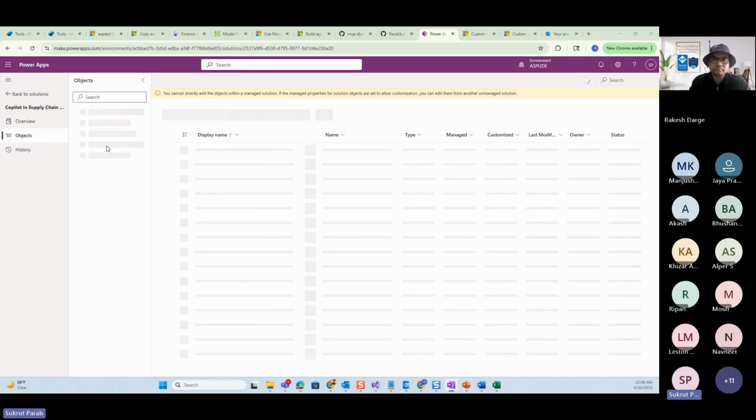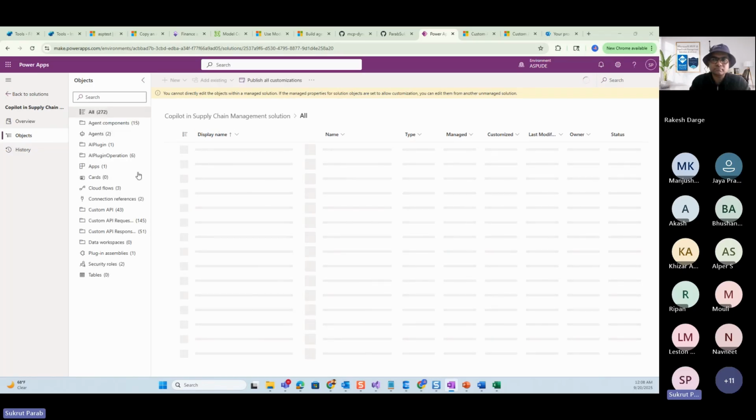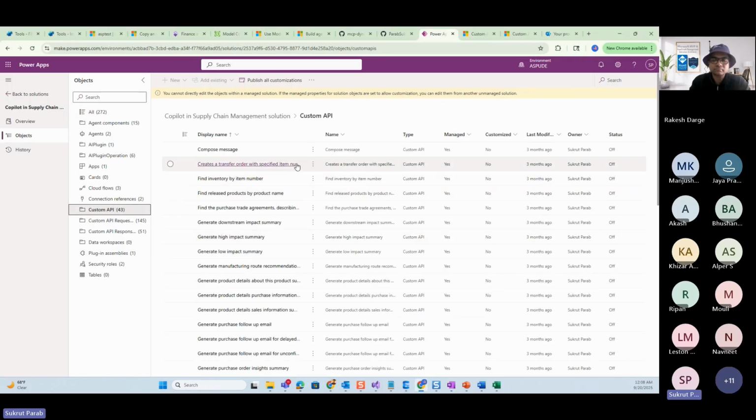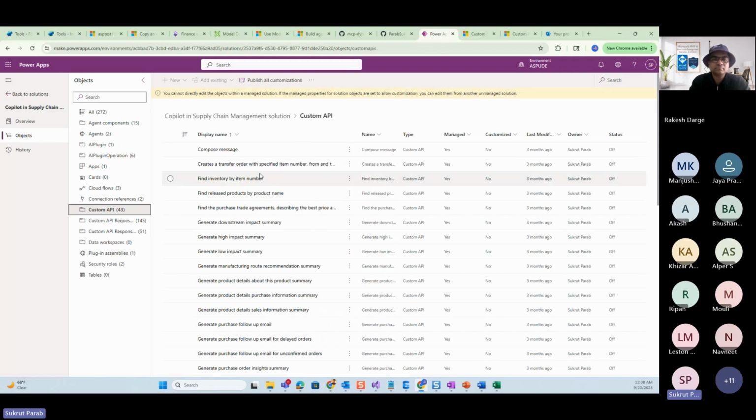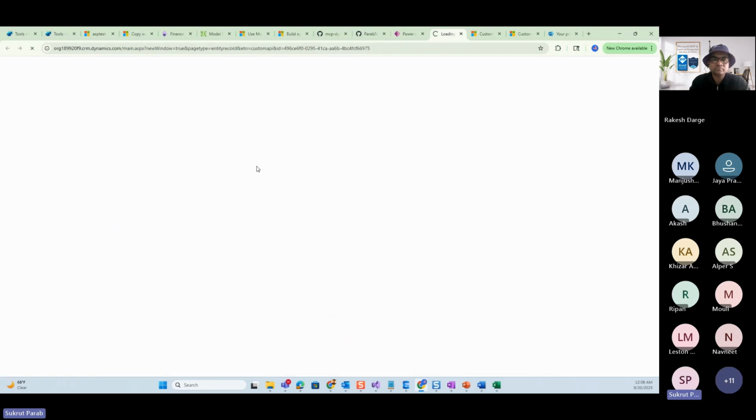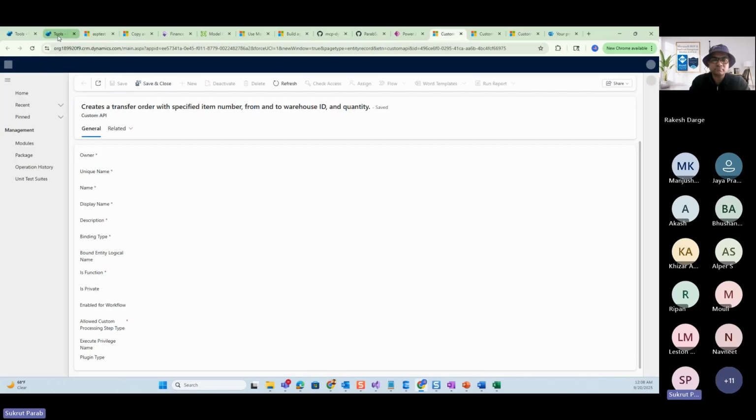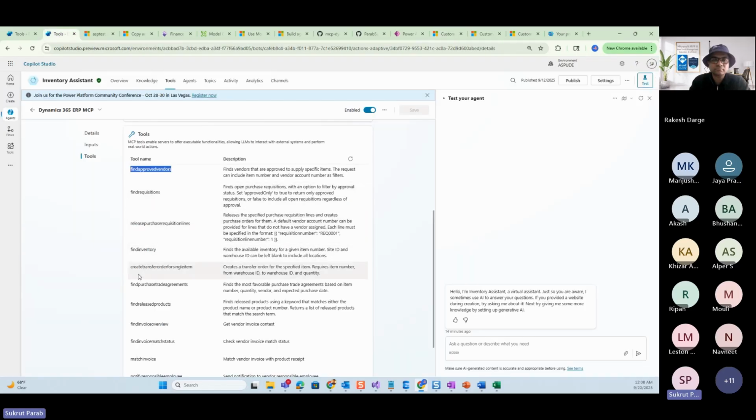There is an option over here called custom API, and within those custom APIs, for example, let's take an example of transfer orders, right? So let me click on create transfer order to specify item number, and let's first take a look at the tool which says create transfer order for a single item. What it says is create a transfer order for a specified item, requires item number, from warehouse ID, to